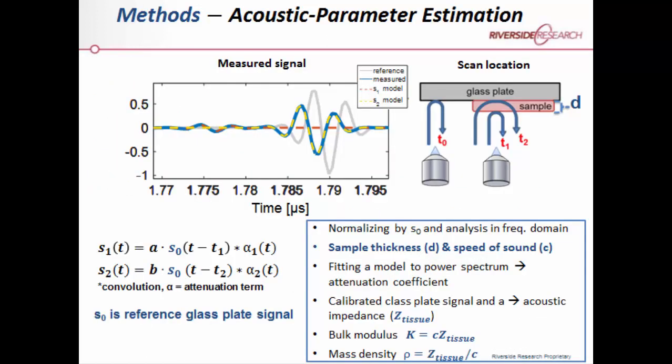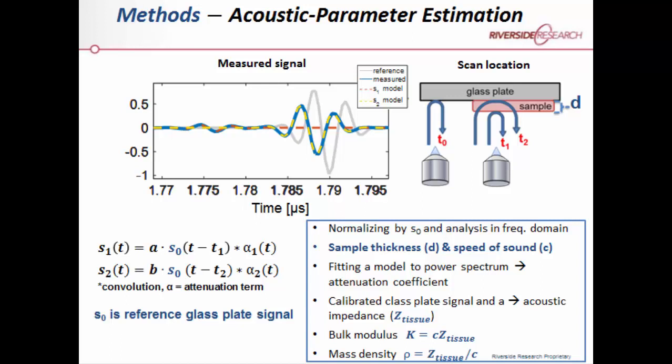The signal processing, I have a shortened version of what Daniel presented, but this is the same idea. You're getting a reference signal that has a certain time of flight, which would be seen here, and then you're going to acquire from the sample, and we're basically saying there's two signals coming from the sample. They look like this, and the modeling is that they're both some kind of modified version of the reference signal from the glass plate, and with proper fitting, using techniques that Daniel described, we basically